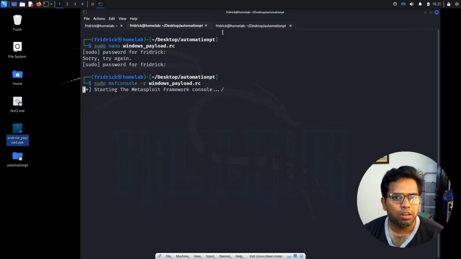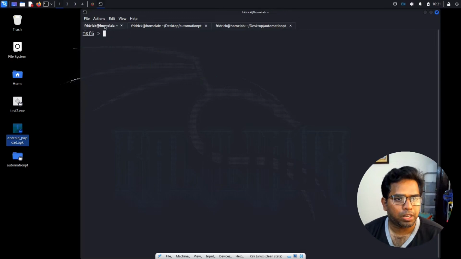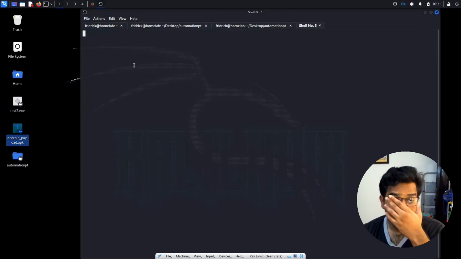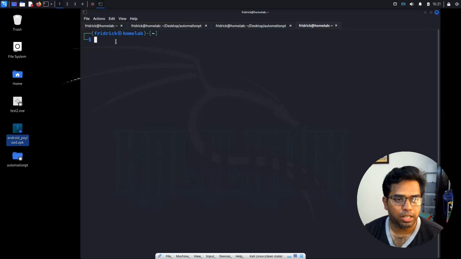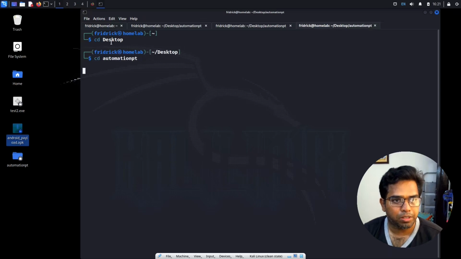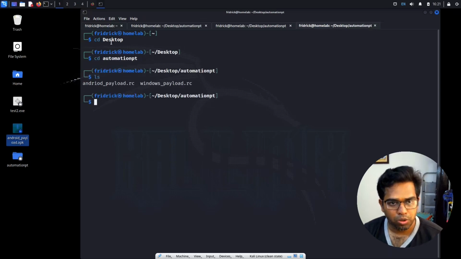So what I'll do is, I'm just starting over there, right? So I'll try to create one more reverse listener. So even you can do the same thing on the listening part also. You don't need to run it once the payload is generated, you can run this automatically. So same thing, let me go to cd desktop, cd automate script, ls. So now I'm creating a listener, sudo nano windows-listener